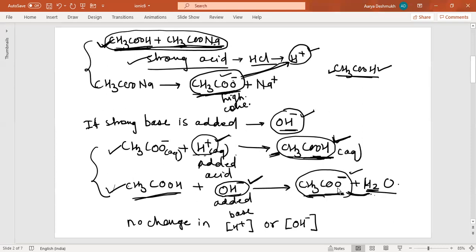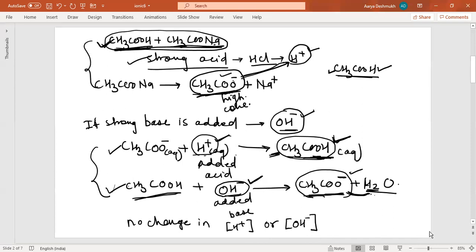So this CH3COO minus, that is the acetate ion, again it will be consumed by the H plus ion from this water molecule, which dissociates again very slightly. So again, in both cases, ultimately there will be large production of acetic acid, and the added OH minus ions will be neutralized by the presence of this acetic acid. So ultimately there will be no change in the concentration of H plus ion or OH minus ion, isn't it? So this is how the acidic buffer acts.